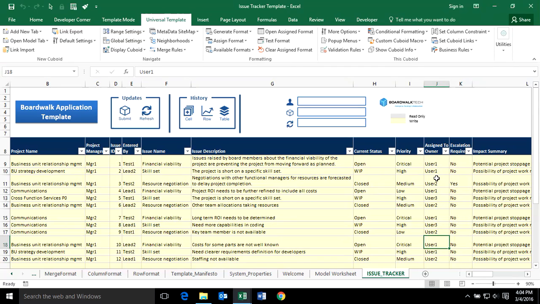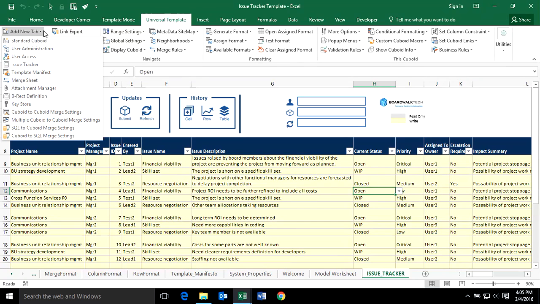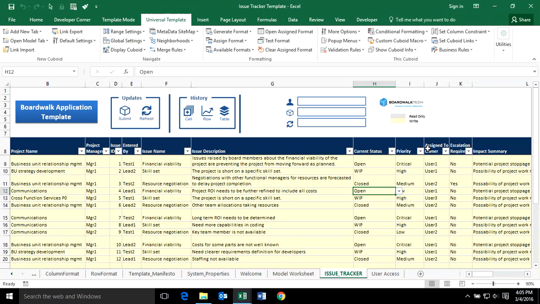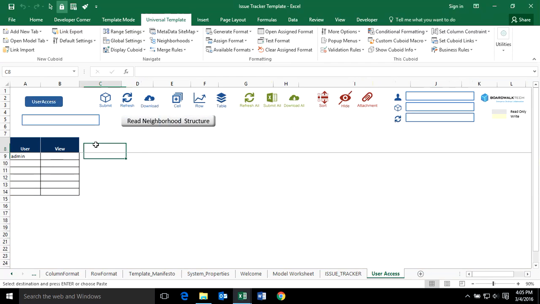Because right here it says assign to owner, and I don't want to do check-in, check-out, but I do want all these people to work at the same time on the data, but only see the information they're working with. So if I come in and I say add a user access sheet, which picks up who this user is, so far it's only the admin user. But now I'm going to say, you know what, I want to take this data, the assigned to owner, and I'm going to create that as a column